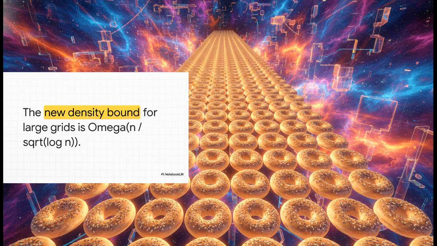Because the random spawning rate safely outpaces the necessary deletion rate, the surviving bagels form a strictly no-three-in-line set that successfully achieves that massive new lower bound we talked about. This single random construction shattered the old record, improving the density by a factor of the square root of log n. It proves, without a doubt, that you can indeed have a highly dense, permanently fixed layout of our cosmic bagels stretching into infinity. And amazingly, carefully tuned randomness is currently the absolute best tool we have to build it.